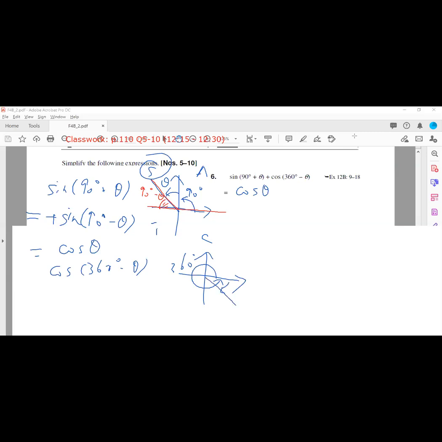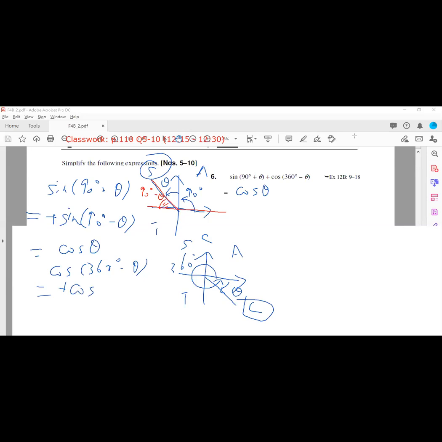So the side is stopping at this box. According to the ASTC rule, sorry, this is theta, right? According to the ASTC rule, the side is stopping at the C box. And I am cosine, which means that I am standing at my own box. So I will get a positive cosine,